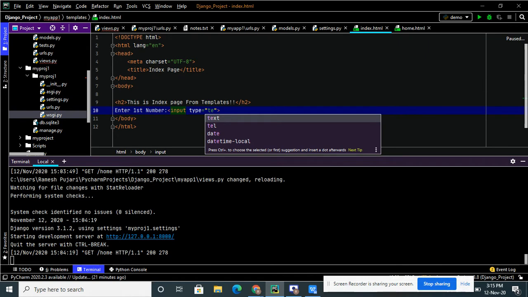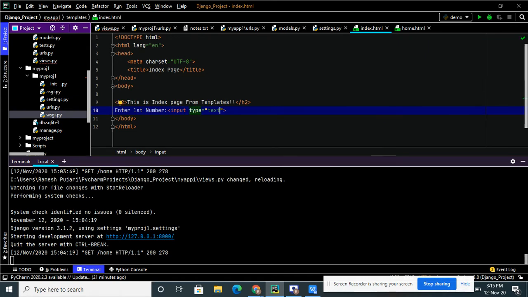This is the example of processing a form using the Django template language as well as HTML. And name is equal to num1. I will copy the same thing and change it to num2 here. This is two. Okay, and enter the number.